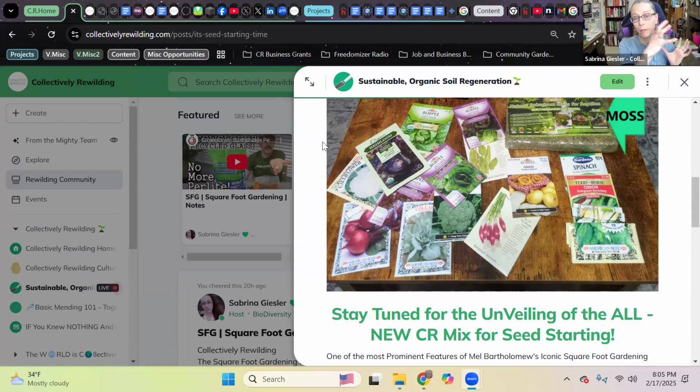However, how much lab created or industry created intervention, how much mechanical intervention, like rototilling, running heavy equipment over our soil, walking on it. That's something that Mel Bartholomew talks about in square foot gardening. With his method, one of the points is that you don't ever walk on the structure of the soil where you're growing. That helps to keep you from needing to do rototilling. We're not going to do his traditional raised bed style square foot gardens here in Collectively Rewilding, but they will be delineated on the land so that you don't walk on them. They will be for growing food, the areas that we have.